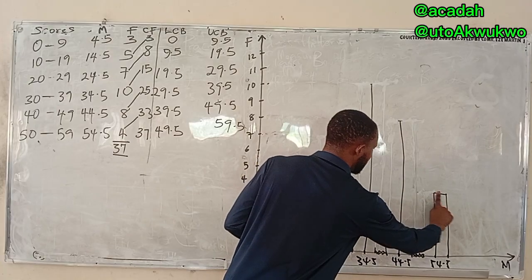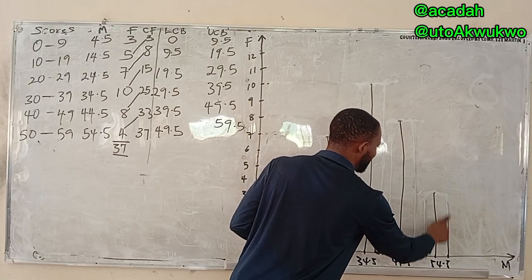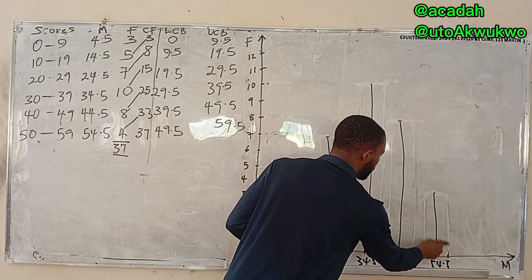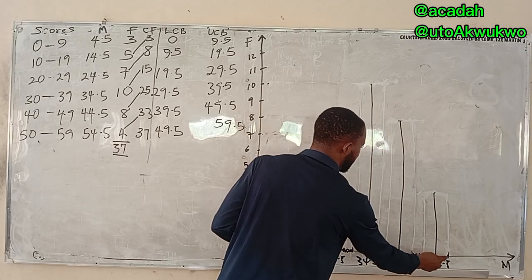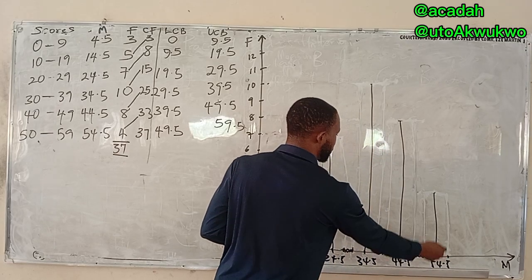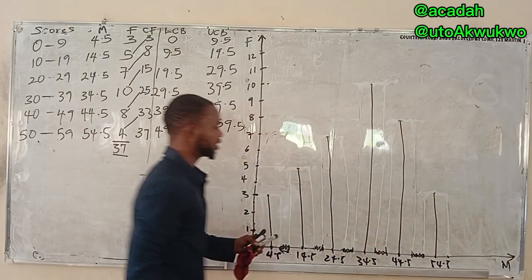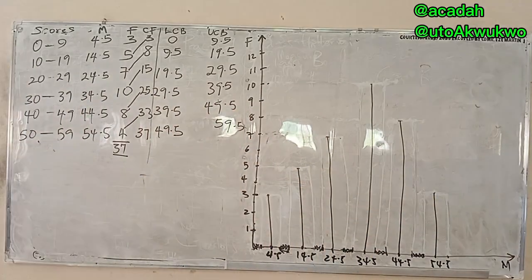So if you learn this thing properly, you don't even have to be drawing bar chart when it has to be line graph. All you need to do is just find the center, give spacing, then from the center points, just as we did that, you project the lines. This is a line graph. This is a line graph.